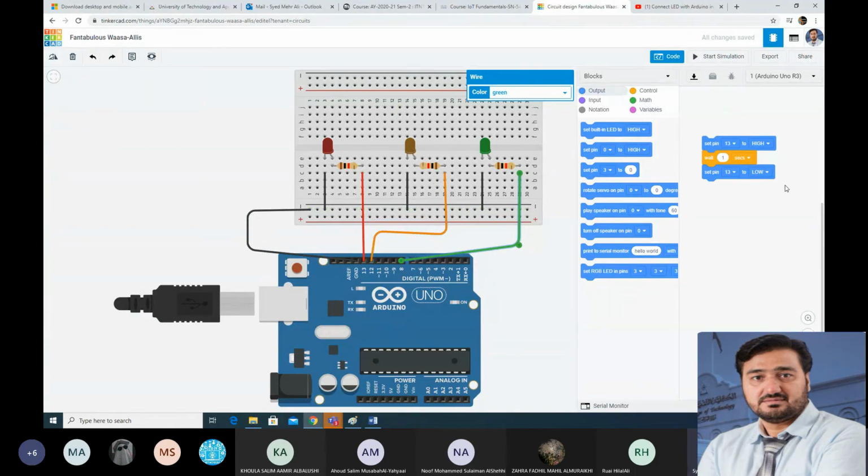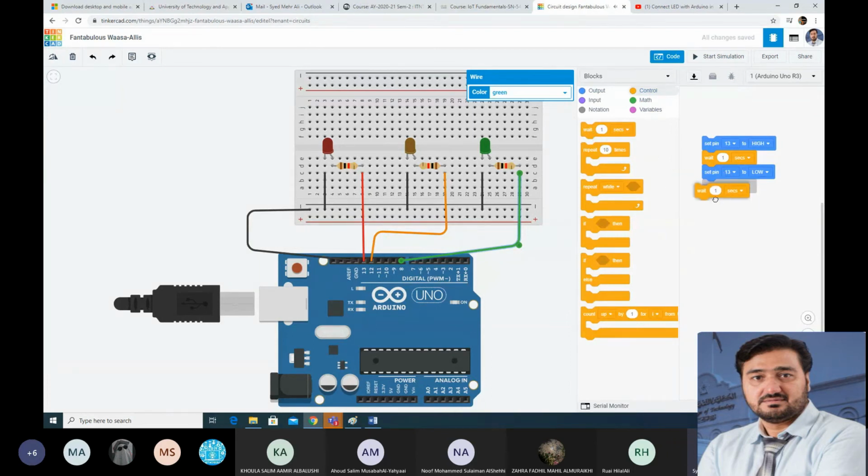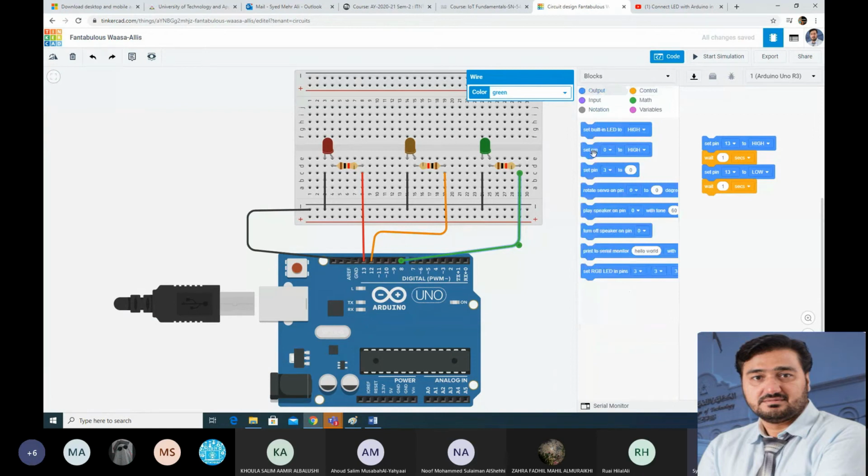So this orange LED. For this LED, again you need to take a control, wait 1 second. And output, set the pin number. Now in this case for this orange LED, the pin number is 12.